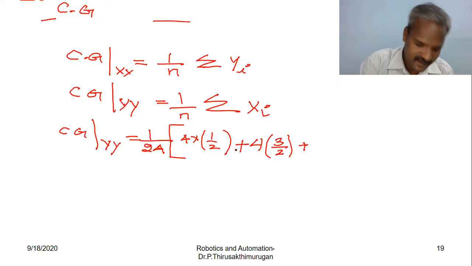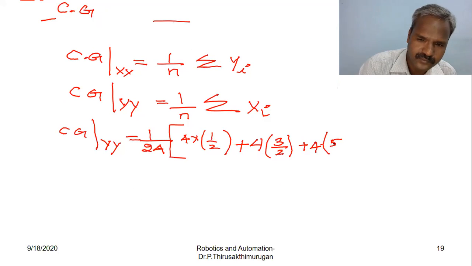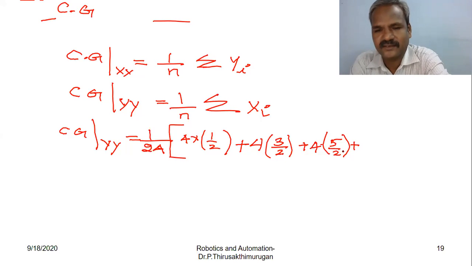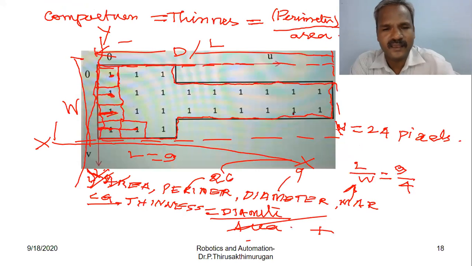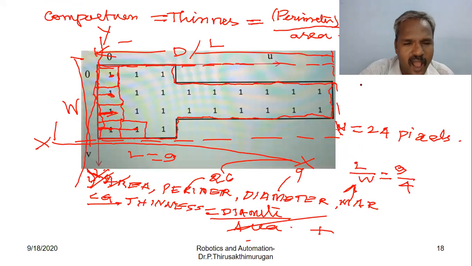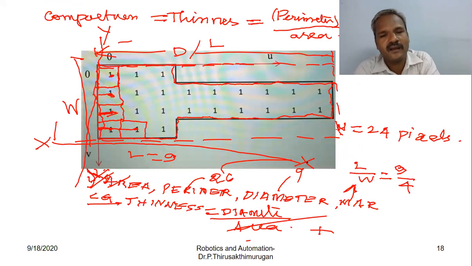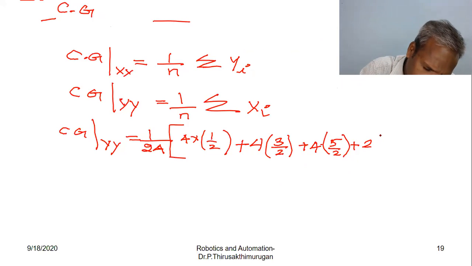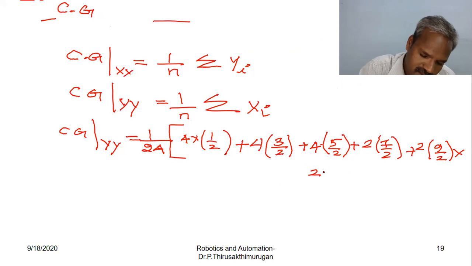Plus 4 into 5/2, plus next, 2 into 7/2, very good, 2 into 7/2, plus 2 into 9/2, 2 into 11/2, plus